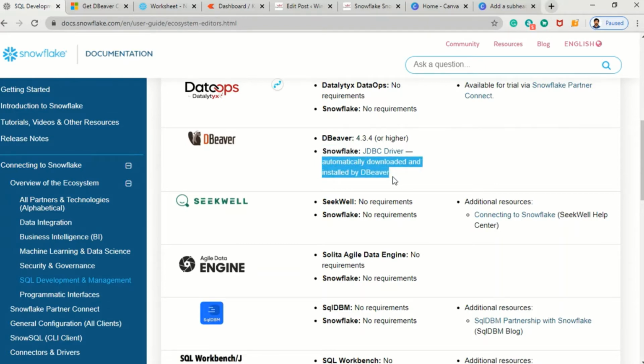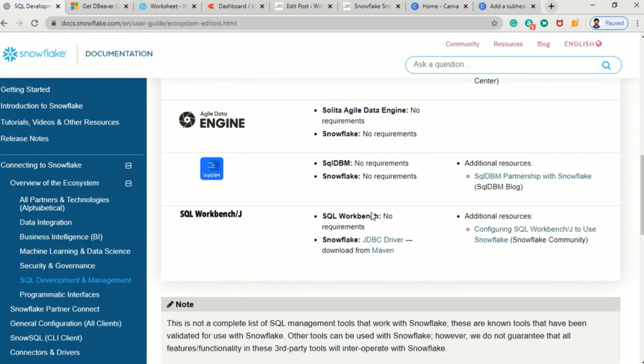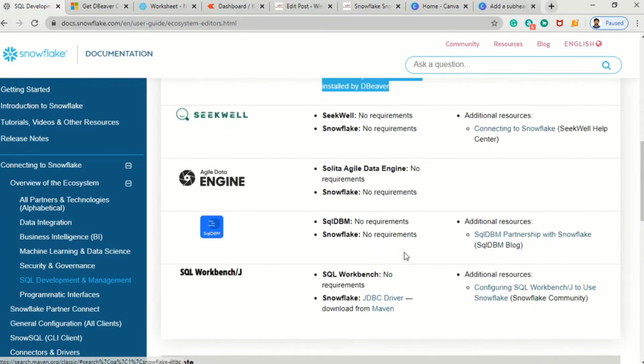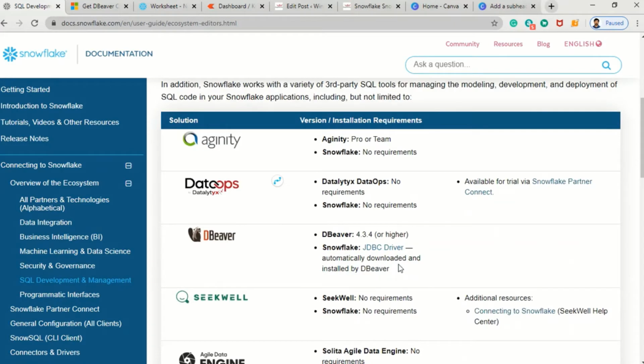So you don't need to manually install this driver in your system to connect to Snowflake from DBeaver, unlike SQL Workbench. If you want to connect through SQL Workbench, we have to download that manually from Maven, but here you don't need to do it. Of course this will also download it from Maven only, but it does it automatically when you click on install inside DBeaver itself.